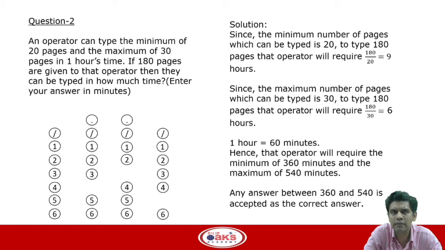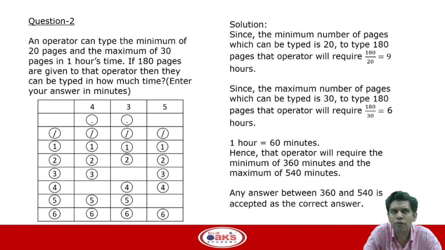Now, let us look at some formalities which are no less important in order to get the full score. What are they? Suppose between 360 and 540, I choose the number 435 to be entered in this grid. Then I will write 435 on top of the table, and please note that what I write on top of the table is not going to decide my score. The way I fill in the circles, the way I darken the circles, is going to decide my score for this particular response.